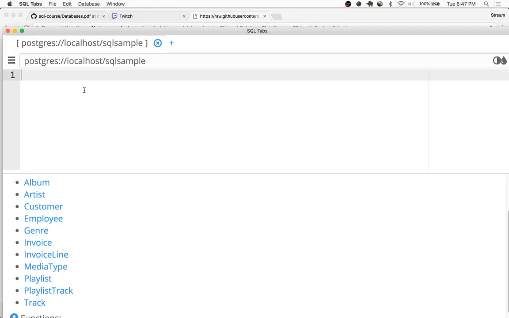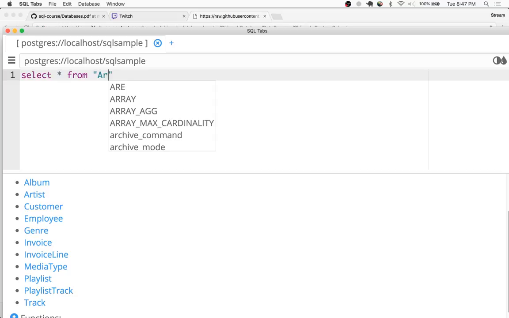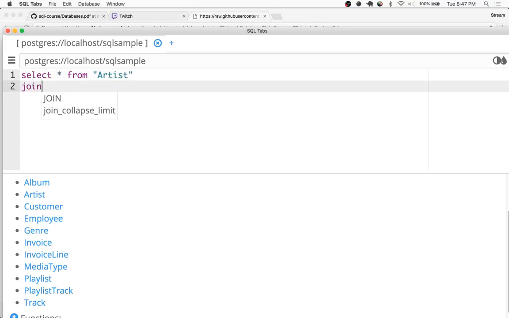There's a lot of stuff in there that is nice for us to work with. So let's see if we can find something that would let us do an outer join, so you can see that in action. So let's go ahead and run select splat from artist join album